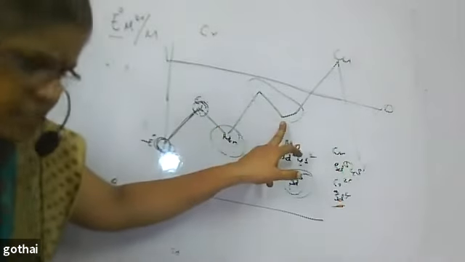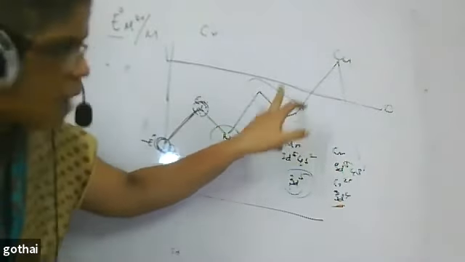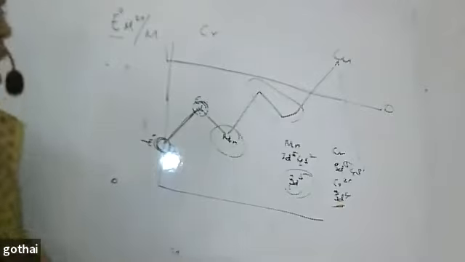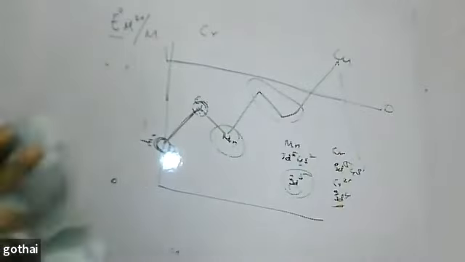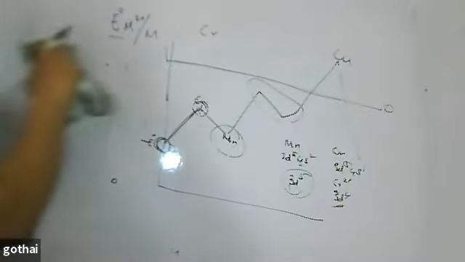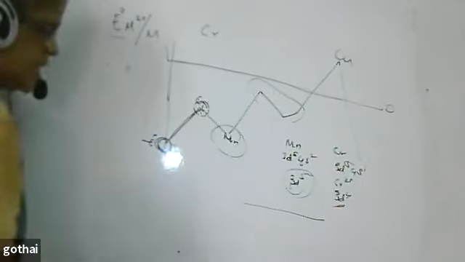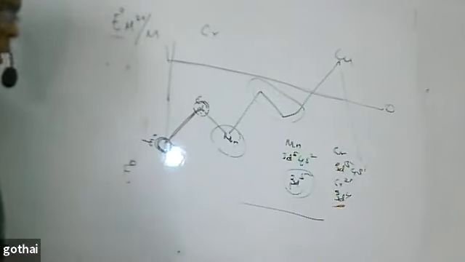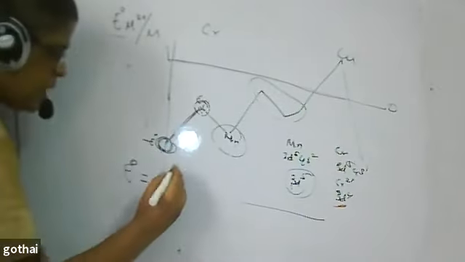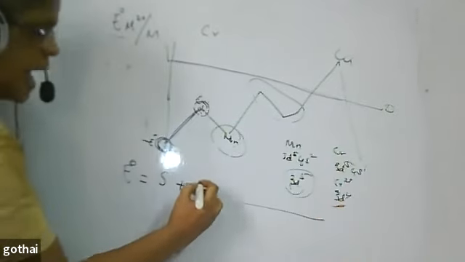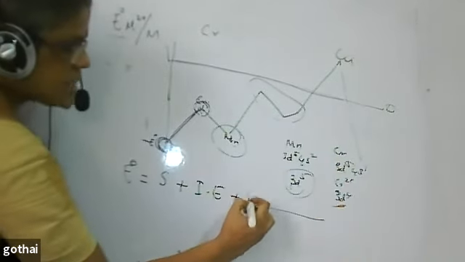Here, this is the reason for that I can say. When I come over to copper, the E0 value is highly positive. Among the d-block elements, the E0 value of copper alone is positive. Why? When I talk about E0 value, you might have studied already. E0 value is the sum of sublimation enthalpy, ionization enthalpy plus hydration enthalpy.